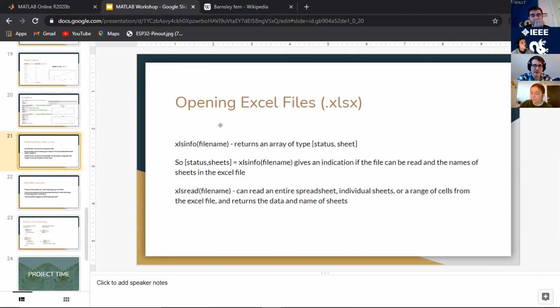Some of the functions that MATLAB has for reading and looking at Excel files: we have xlsinfo, which gives us the status and the number of sheets. Status usually just says if it's a Microsoft Excel sheet or if you're on some other operating system or using something other than Excel. I feel like most people would be using Excel, but if you're not using Microsoft Excel, it'll probably say